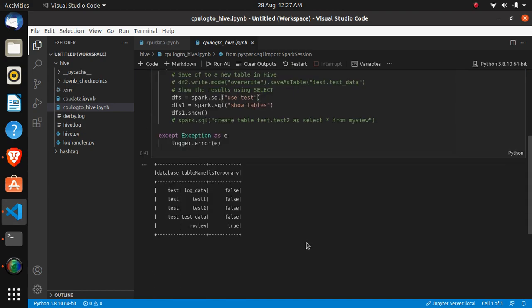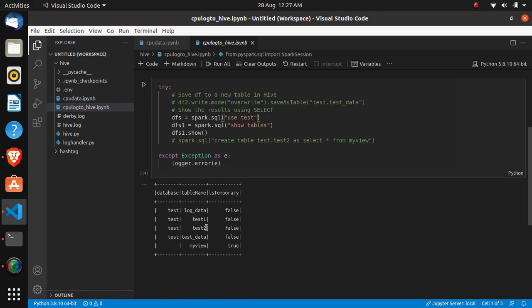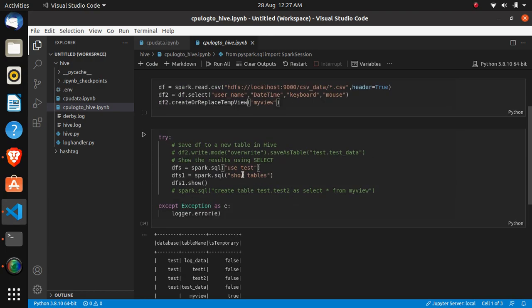Here you can see whatever databases are present in my Hive. We can also do this by running a Spark SQL command, like create table test2 as select all data from my temporary view, and then we put the data into our Hive table named test2 with database name test.